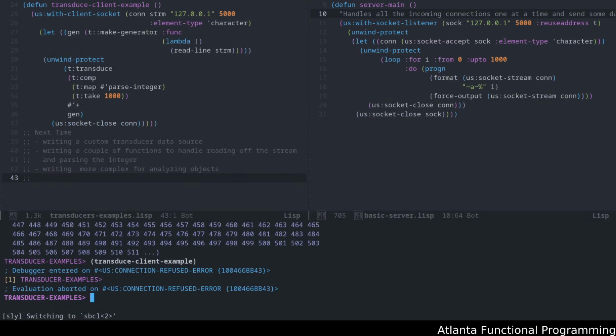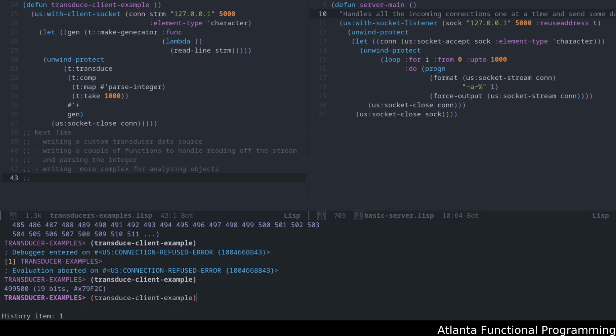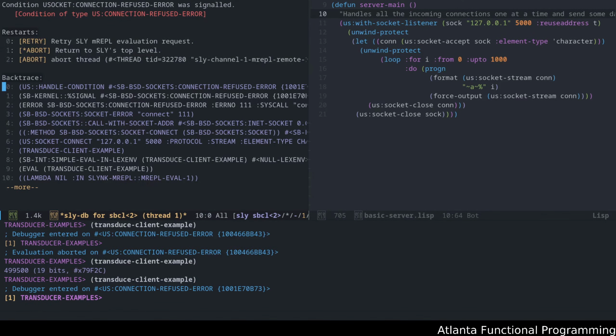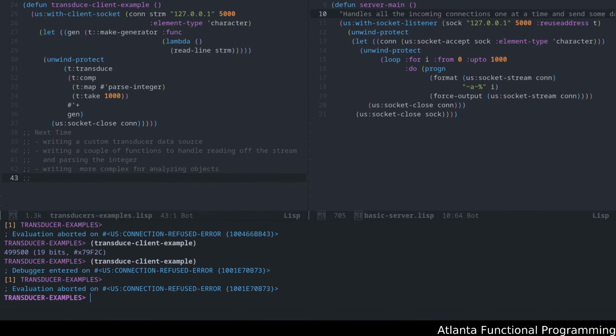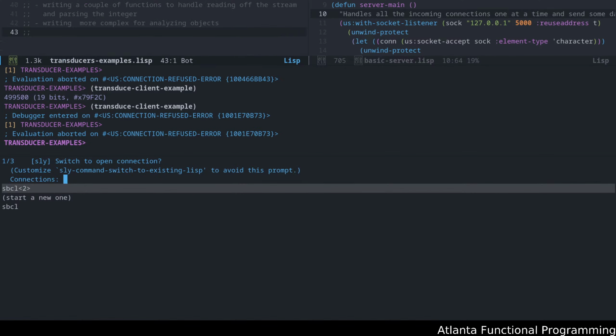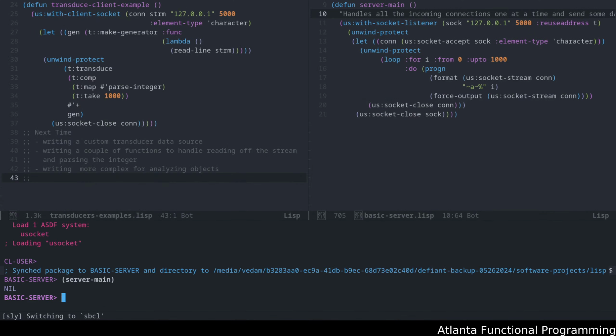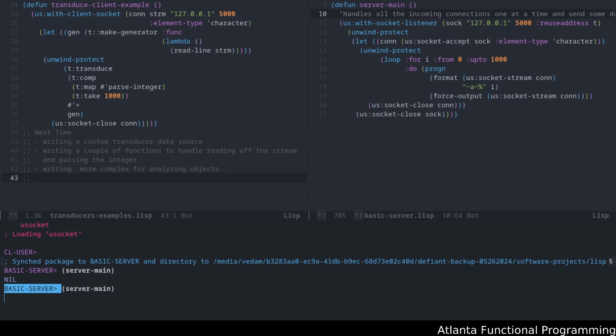Go back to this. Start it. Okay, let's run this one more time. Okay, so because I realized that I didn't also, there we go. Okay, so reuse at least works, but I have to also add the loop so that it'll